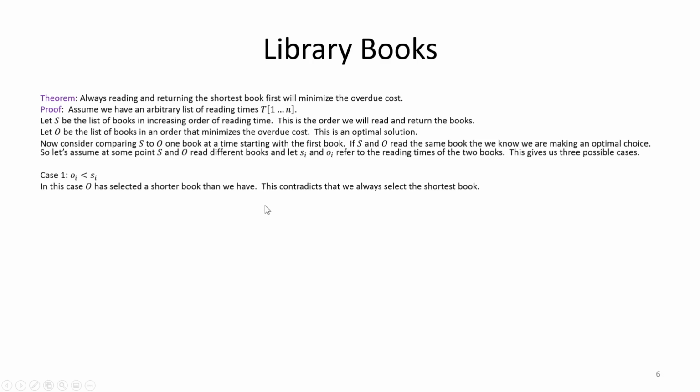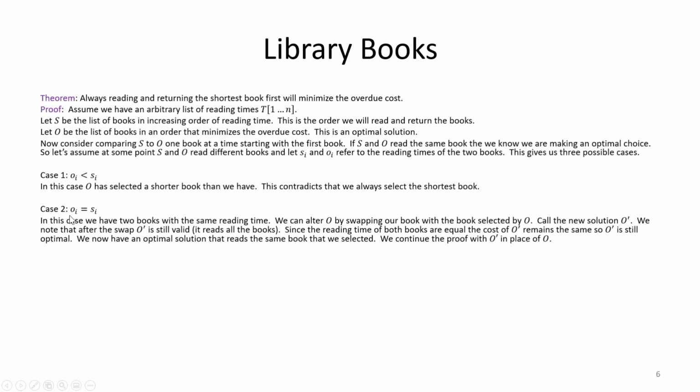All right, let's consider our next case. The next case I'm going to consider, next easiest, is what if they have the same reading time. In the instance we looked at before, I had unique reading times. Every book had a unique reading time. Well, that wasn't stipulated as a promise in our input, so it's possible that some of our books had the same reading time. And all we're encountering in this case is that up above, where we said let O be optimal, if there's actually a tie between some of our books, there's more than